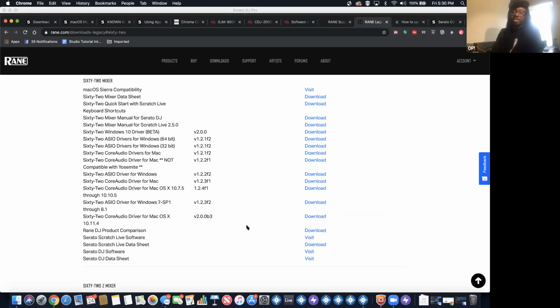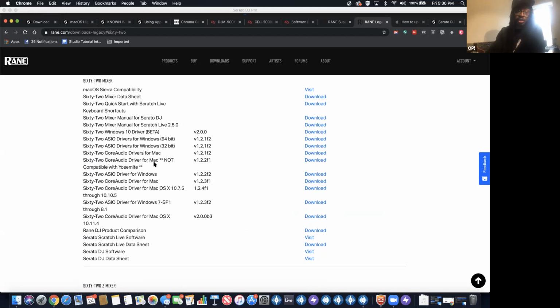So let's go to 62 here. And the thing with the Rain drivers, which is super important, is that you want to make sure that you install both of the drivers, the driver that's for Yosemite and below, and the one for El Capitan and above. They need to work in sequence. I've seen it where people have just installed one or the other, and they haven't been able to connect onto that piece of kit that they're working with.